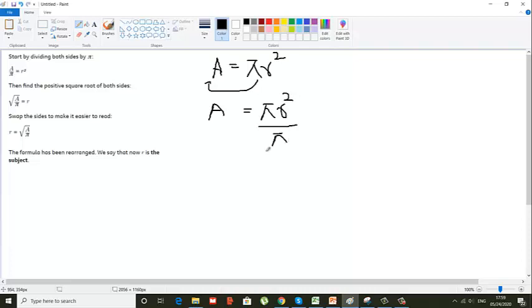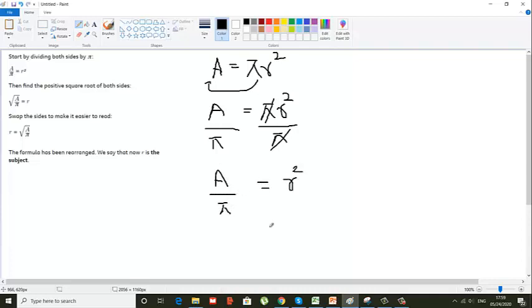So I am actually introducing a division so that this pi will cancel out with the pi at the bottom. However, since this is a formula and there is an equal sign, whatever you do to the right hand side, you must do the same to the left hand side and vice versa. So I have to divide the left hand side by pi as well. So this pi will now cancel with this pi. On the left hand side I have A divided by pi, and on the right hand side I have r